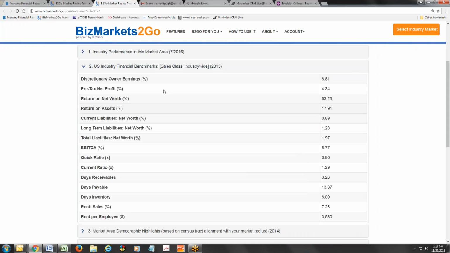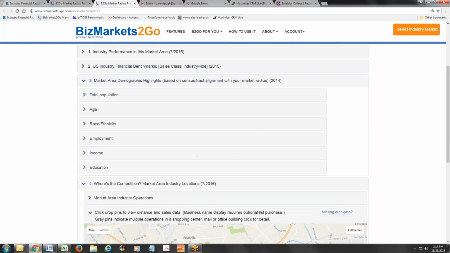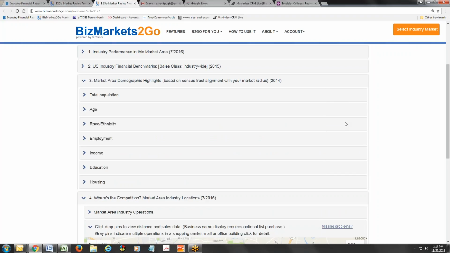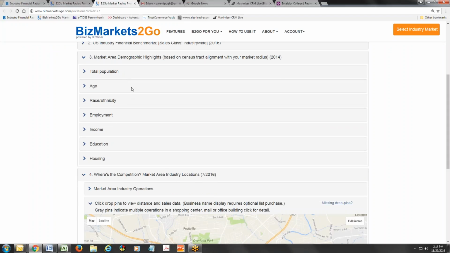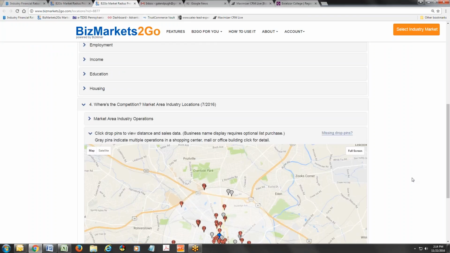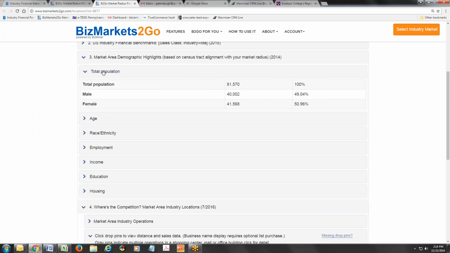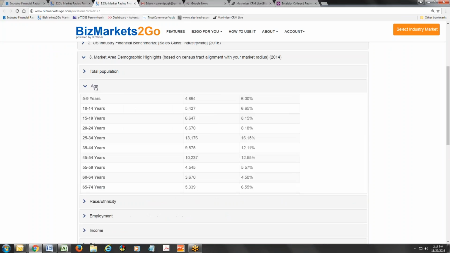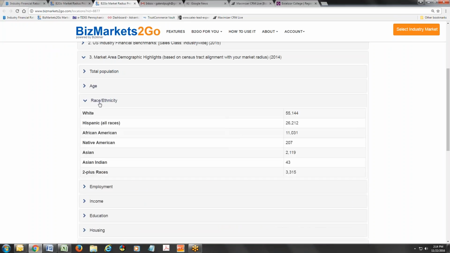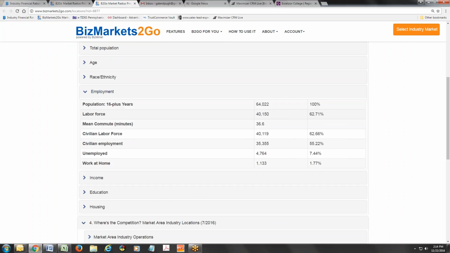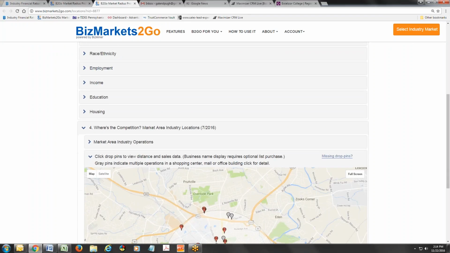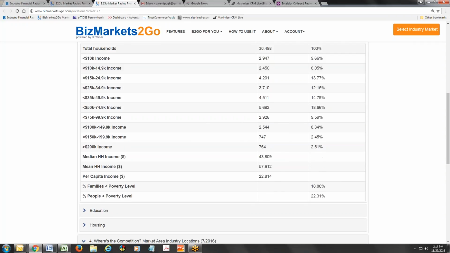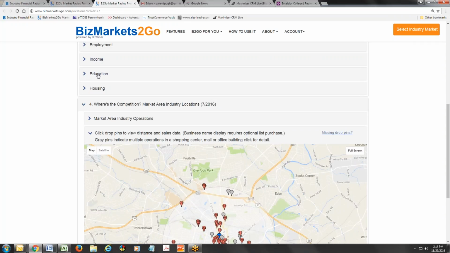The next section here is about a dozen US financial benchmarks for the industry, some profitability and efficiency ratios. And the third section is market area demographic information. So your usual demographic information, which will be specific to that radius that you created. These are also drop-downs: population, age, race and ethnicity, employment, income, education,